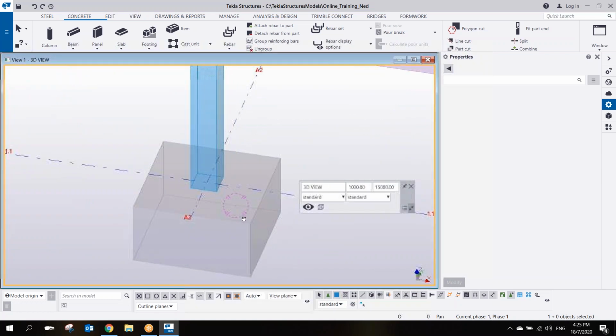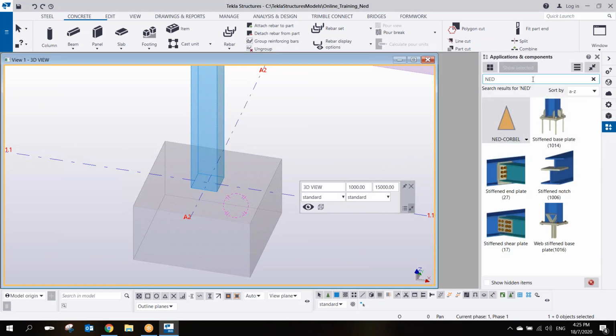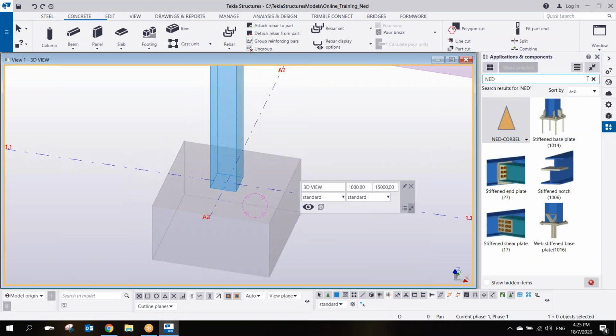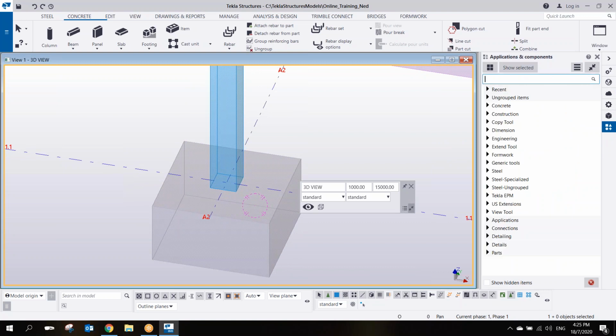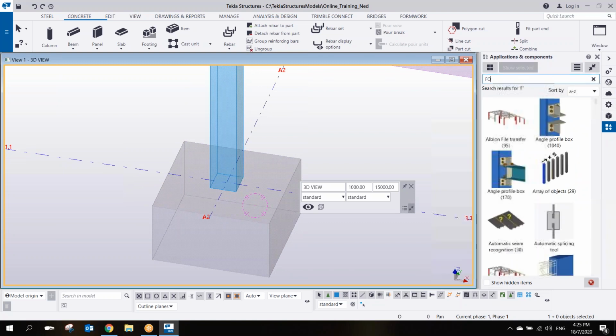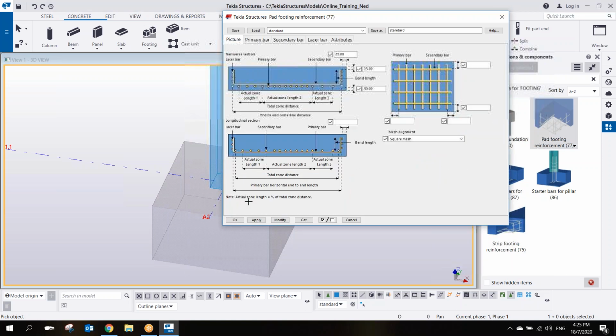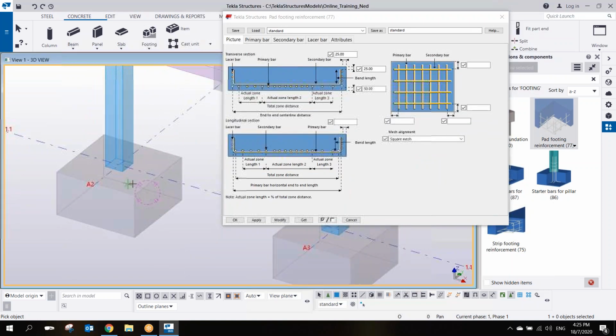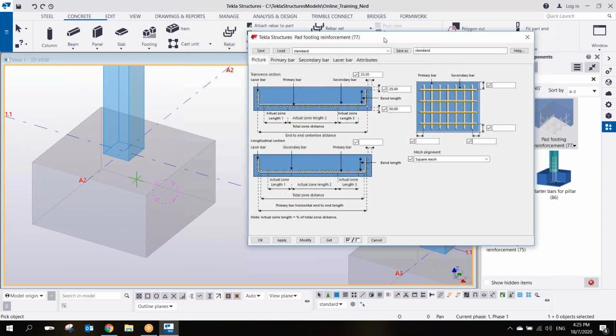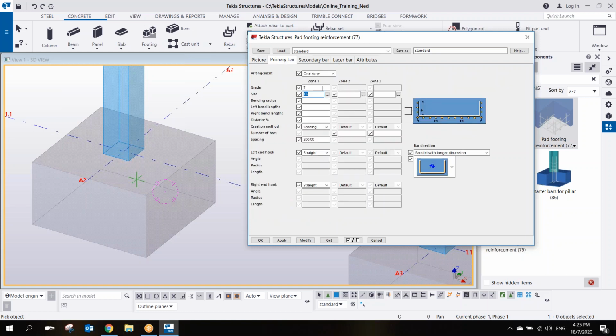first I want you to type from here, from the application and component, I want you to type footing. Okay, I want you to type footing. So here you can see number 77. Double click on it, and then here you can specify the size of the reinforcement, the zoning, the secondary bar,